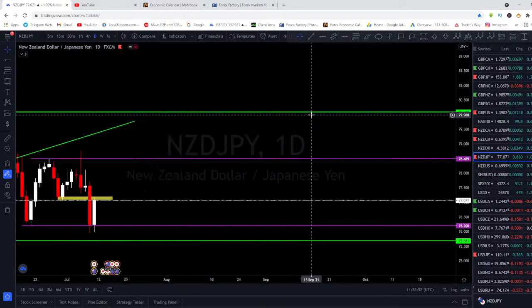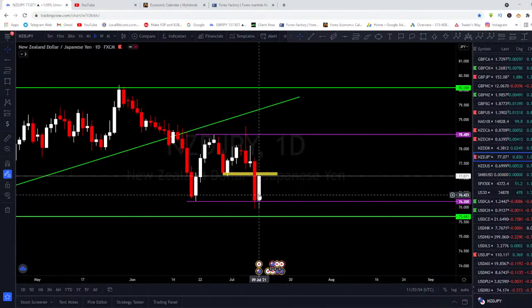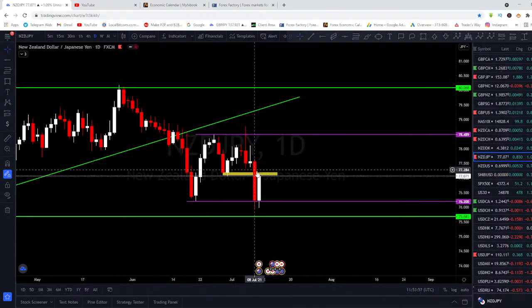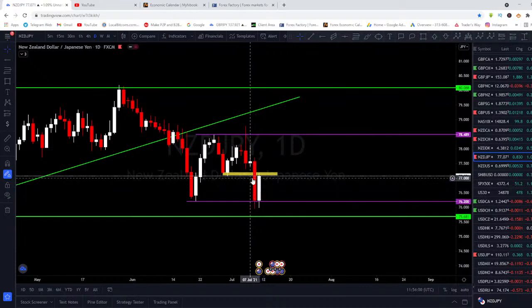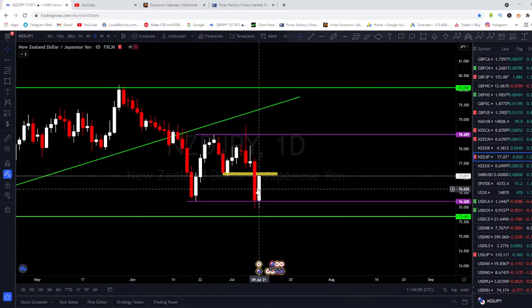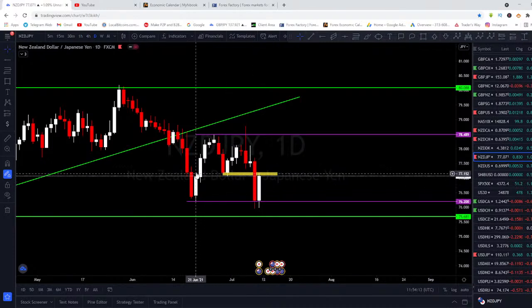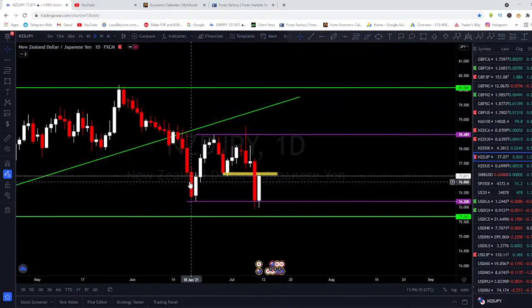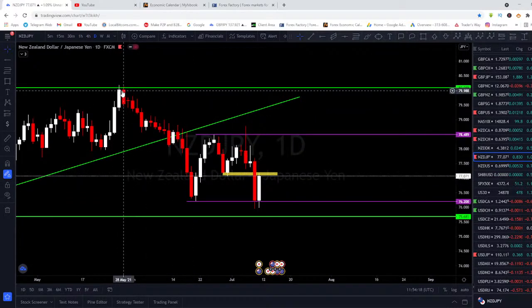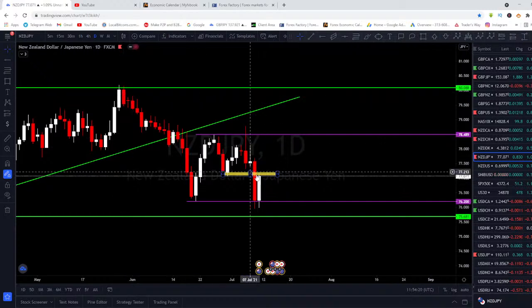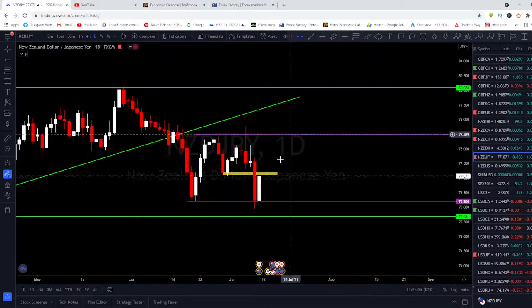Also, you are seeing that we are having some sort of candle trying to engulf this, right? Yeah, it's going to be a tweezer's bottom, because before you confirm that a candle is a tweezer's bottom, you need the next candle to be up to 50% of the previous candle, right? As you can see right here, that's what is happening. And right now, this was a perfect tweezer's bottom, this was a perfect tweezer's top, and stuff like that. So right now, I'll be expecting this market to go to the upside for sure, because of this tweezer's bottom right here. So I'll be expecting this market to go up to the upside, not even to the downside anymore,